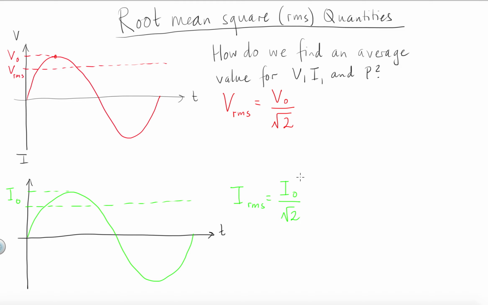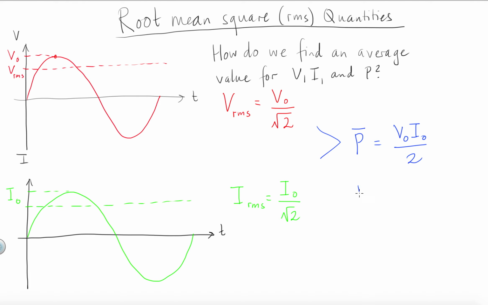Then we can also talk about the average. By combining these two, we can also talk about the average power, or P bar. Bar is commonly used to denote averages. That is the same as the peak voltage times the peak current divided by 2, which, replacing the peak values with our new quantities for RMS,